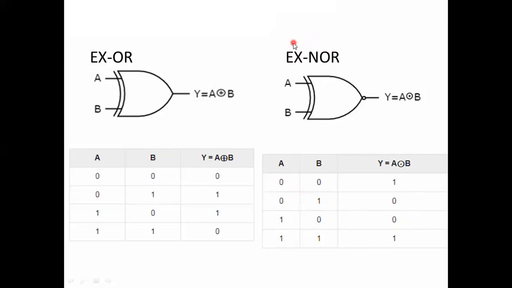In the previous class, we took the exclusive OR gate expansion. What is the expansion for the exclusive OR gate? We drew the truth table also. The truth table is already over in the previous class. Now we draw the circuit diagram for this expansion.